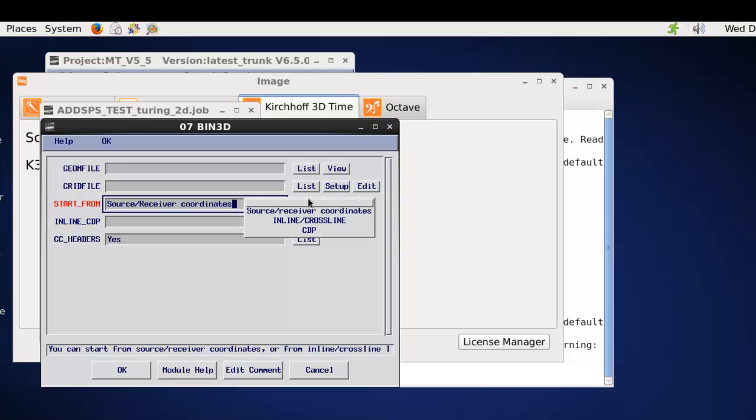But now we can also start from CDP or inline crossline and repopulate the coordinate information based on the 3D grid. This can be useful for some applications external to Claritas, which will output a data set with no XY coordinates in the trace headers. With this, if you've got the grid file, you can take that information along with the inline crossline values that exist in the trace header and